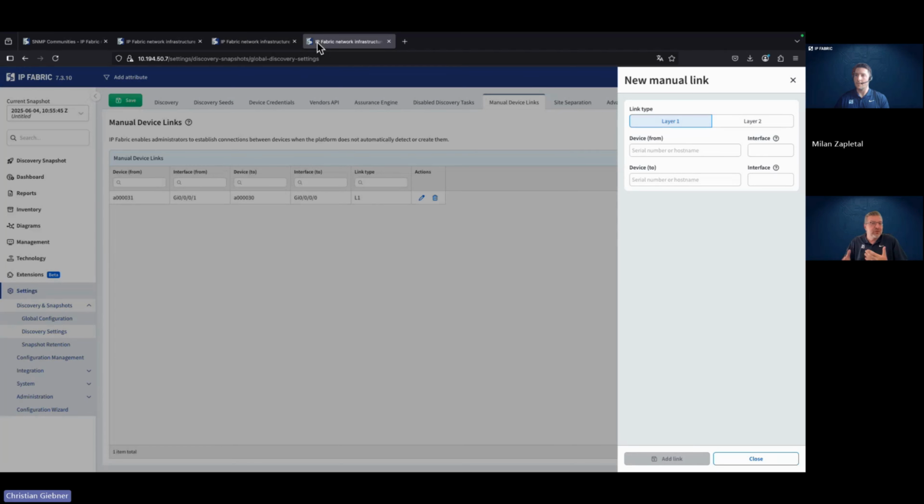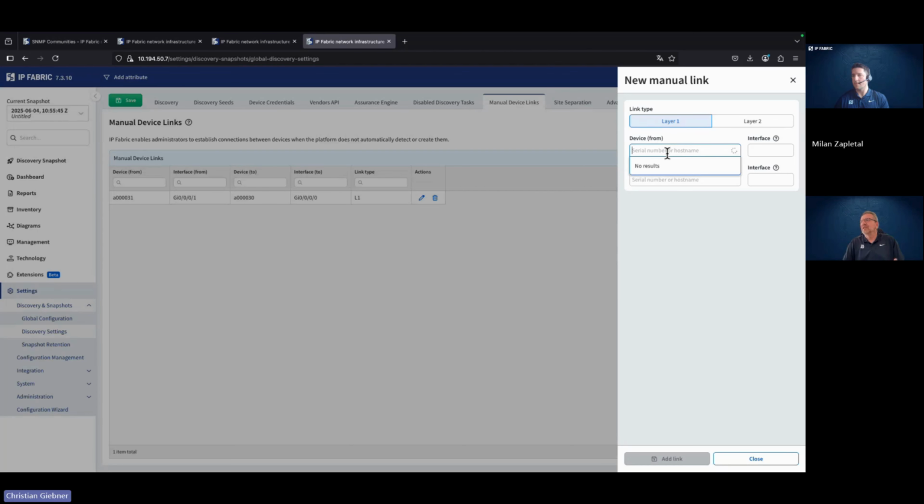As it's usually not that easy to discover and place these devices, a transparent firewall is a transparent device, obviously. So we have built in this feature that you can add these devices and the links to them